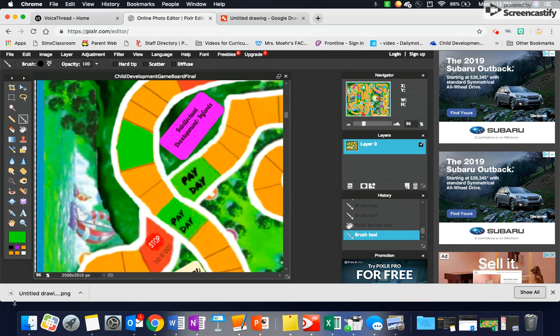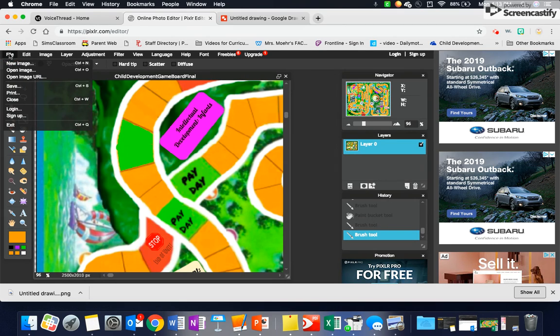Just use the colors to get rid of the lines. Just go over them with your paintbrush. See, now we have a bigger space here. Up to you. All right, so once you're done making any changes to this that you want, you click File,